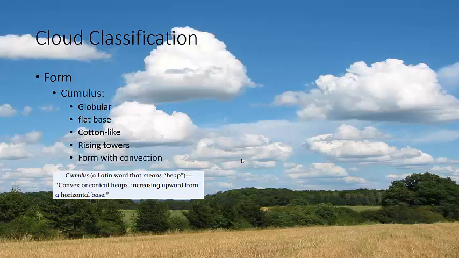Cumulus clouds. These are the ones we get to see pretty much every day when we look outside. Right? I'm looking outside right now, and I can see 1, 2, 3, 4, 5, 6, 7, 8, 9, 10, 11, 12, 13. Okay, too many that I want to count. Right? There's a lot of these cumulus clouds. And what are cumulus clouds? Well, cumulus is Latin for heap. Right? So it's kind of like a big glob of cloud. Almost cotton-like. Sometimes you get rising towers in them. We'll talk about that a little bit later. But flat base, big globs. Right? Those are cumulus clouds.